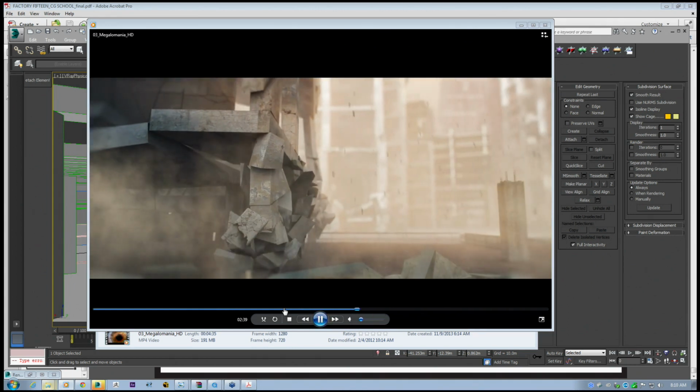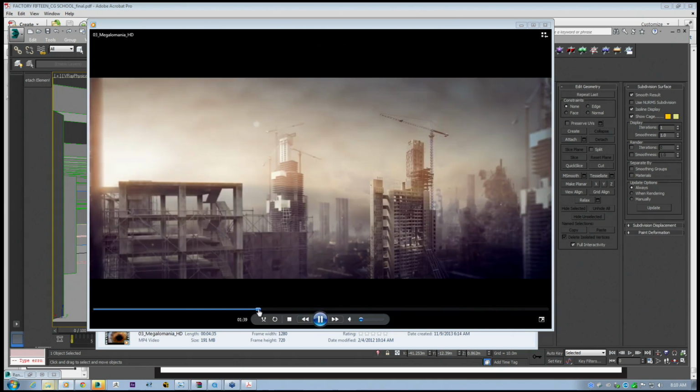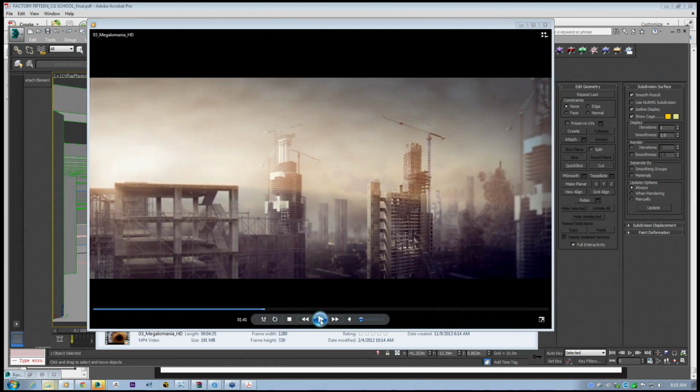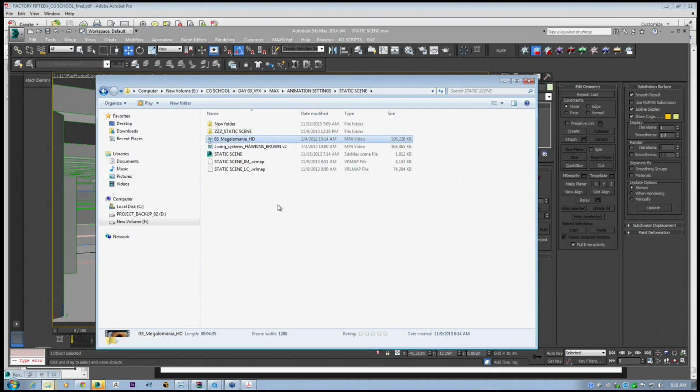Some elements were moving objects later on in the film, but most of the film was very static, moving through simple scenes with nothing moving. So